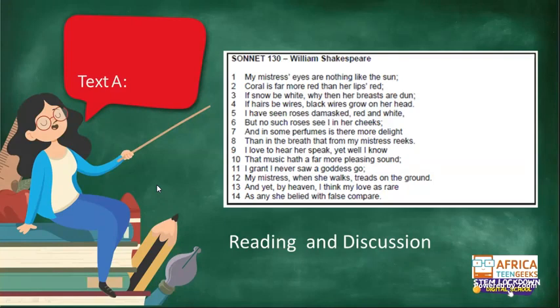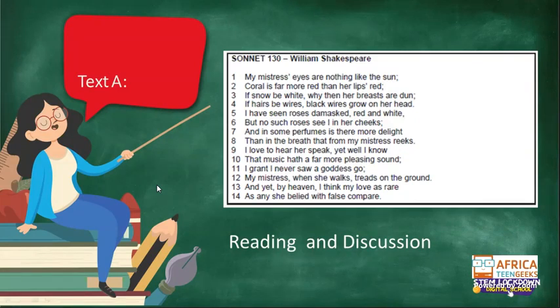Okay, does everyone agree? What else would you say is the purpose of this? Okay, so Deshan says he is in contrast to other love poems written in this time, which over-exaggerated the beauty of women. And yes, Gonda says he's mocking typical romantic poems. Deshan, that is correct, Gonda, that is also correct. They exaggerate the beauty of their women, whereas he tells the truth, as we see here.